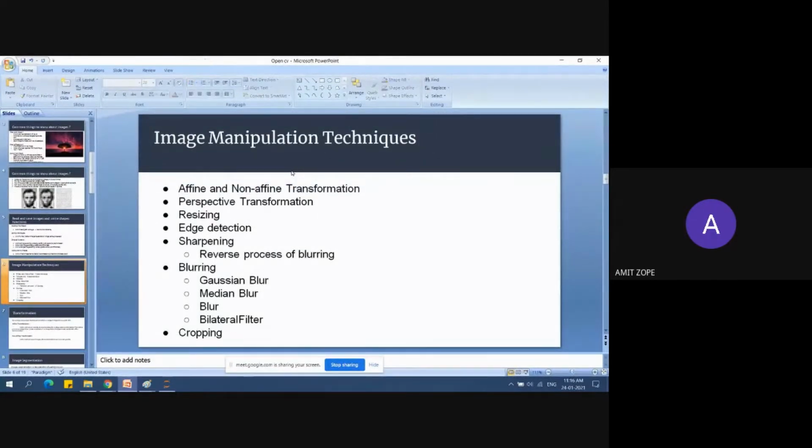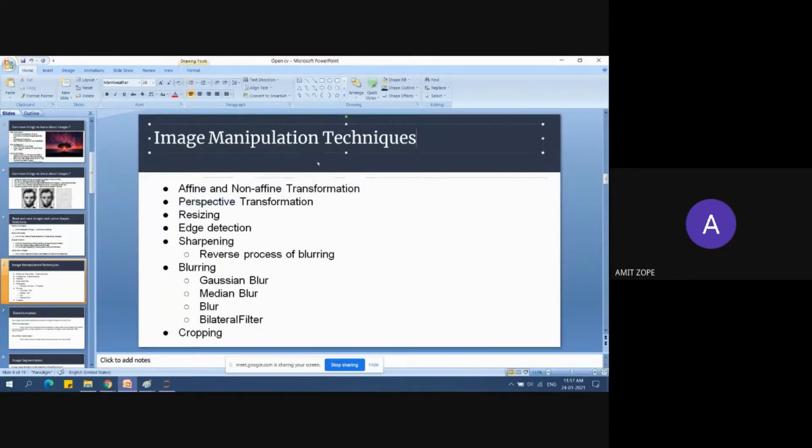In the affine transformation, there is scaling and rotation of the images. You can scale the image to double the size of the original image, or reduce the size of the image to half of its original size. This can be done with the help of the affine transformation. Whatever the parallel edges of the images are, they will remain parallel and will not be distorted. Similarly, non-affine transformation is one in which distortion of the images takes place, meaning the parallel sides of the images are disturbed, and the best example of this is perspective transformation.